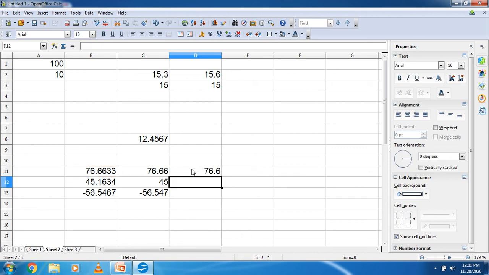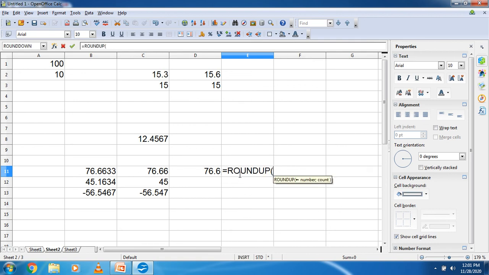So the answer you will get is 76.6. Suppose I am using round up, equal to round up, bracket open, select the number, semicolon 1, bracket close, enter. So you will get 76.7.